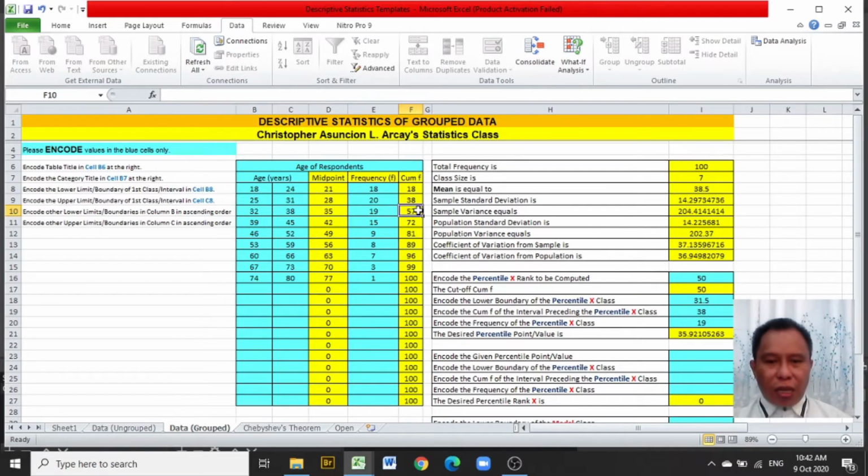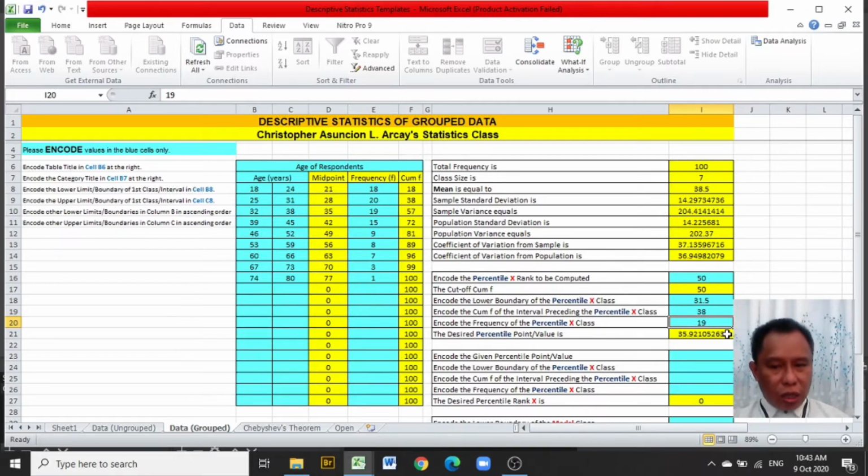Then the frequency of the median class, 32 to 38, is 19. After encoding 19, the computed median age of the given group frequency distribution is